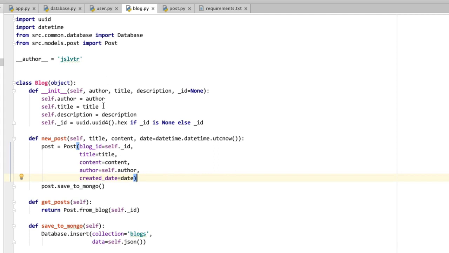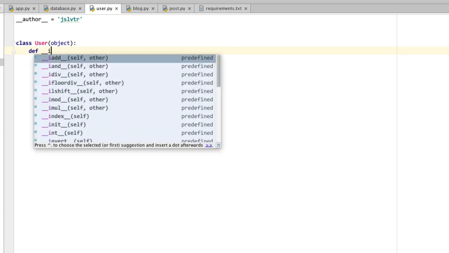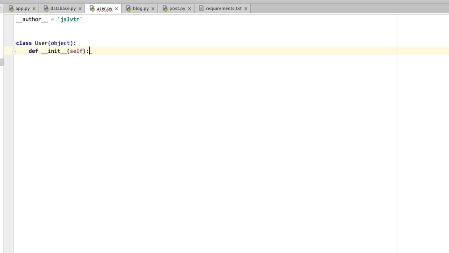Okay, so what else? We're going to have to create a user model as well. So the user model is simply going to be something to let our users log in and register and create new posts and things like that. So let's get started with that. An init method. Then we're going to need a method to get from Mongo. But instead of calling it from Mongo, I'm going to call it get by email. And